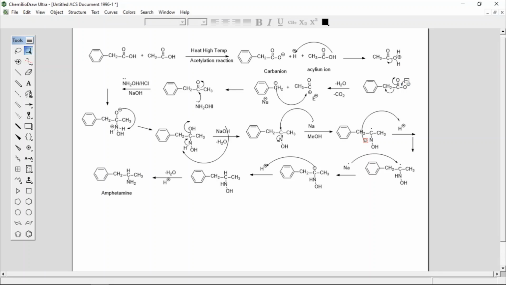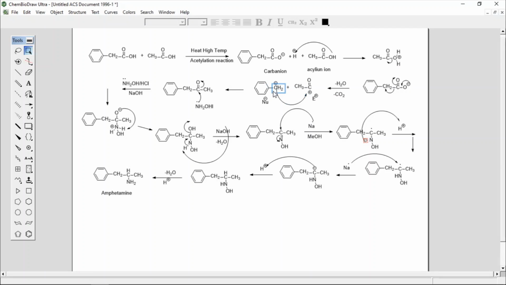So this anion will delocalize here, and this bond pair will shift here, and it is simply the breaking of this C double bond, and generates the carbanion. And again, the same here, this molecule undergoes breaking of this C double bond, so it will generate the acylium ion. Then this acylium ion acts as an electrophile because it is an electron deficient species. There is a positive charge on the carbon, and in this molecule there is a negative charge on carbon.